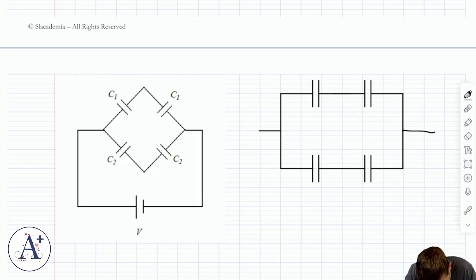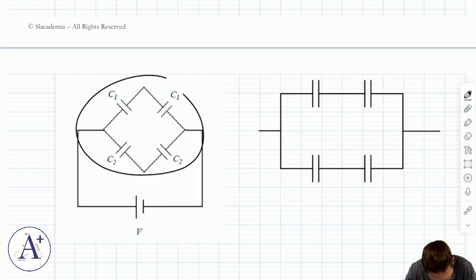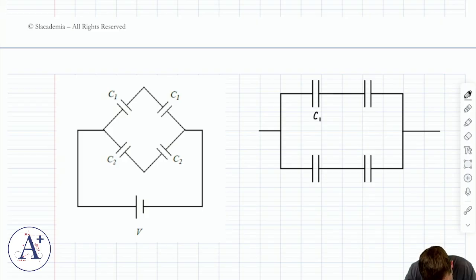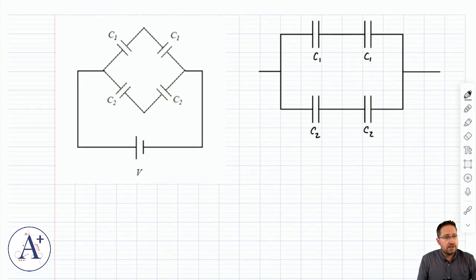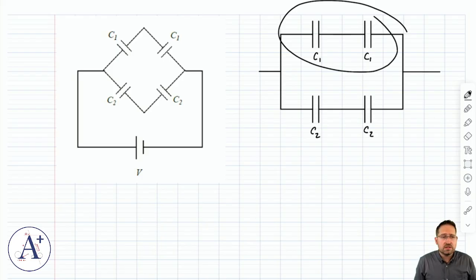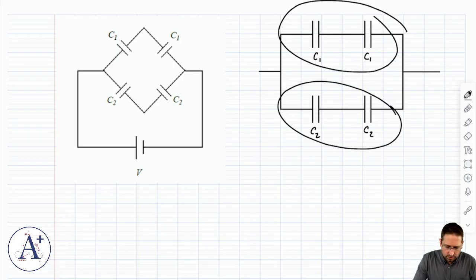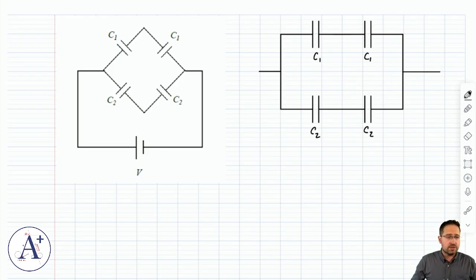So it is the same thing to draw it like this or like this, as long as this is C1 and C1 and this is C2 and C2. Okay? Now, of course, if I start by trying to find the pair of two capacitors for which I absolutely know whether they're in parallel or in series, I'm going to argue that C1 is in series with C1, C2 is in series with C2. Right? So I'm going to combine those two at the top and the two at the bottom into one equivalent